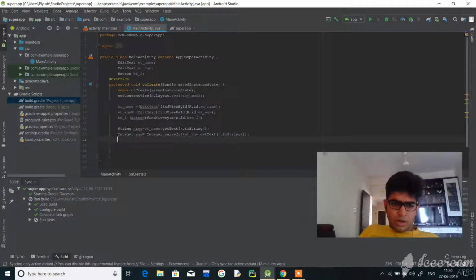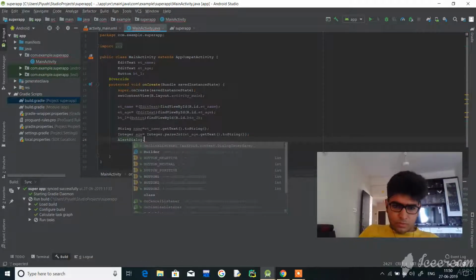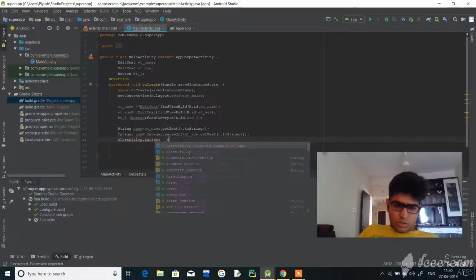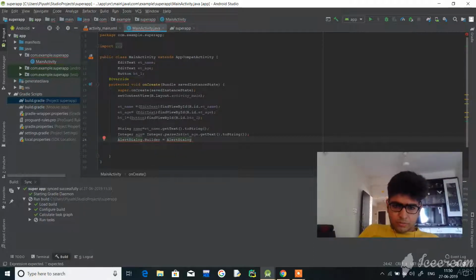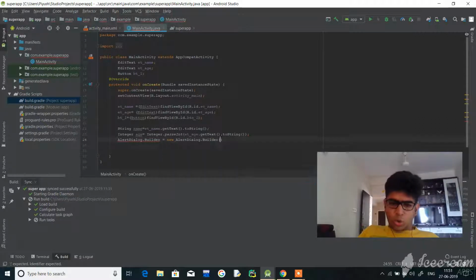Let us have some AlertDialog. This is a class, right, it is equal to new, completing the instance of the class. What I actually want to do is create an alert box showing something. It is an alert box which will come on the screen. The AlertDialog.Builder is AlertDialog.Builder. Now